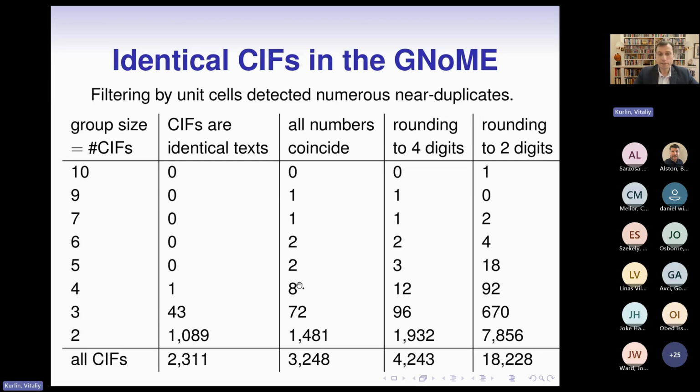After that, we compared all CIFs in the GNoME database by geometry only, not including chemistry, only unit cell parameters and fractional coordinates, and the number of duplicates has grown substantially. If you start rounding these numbers to 4 digits or 2 digits, then we have even more duplicates as a